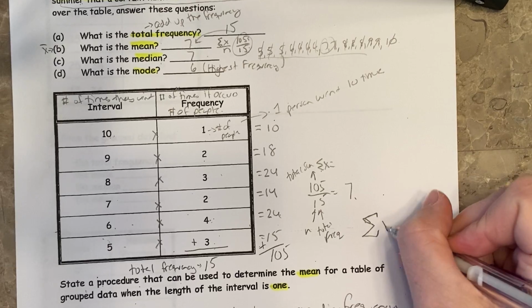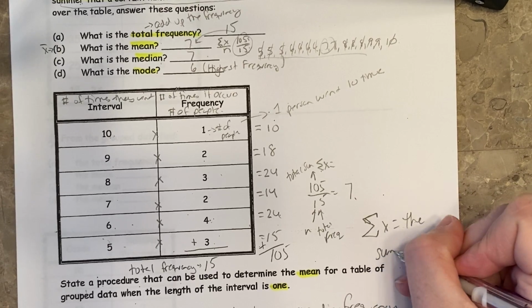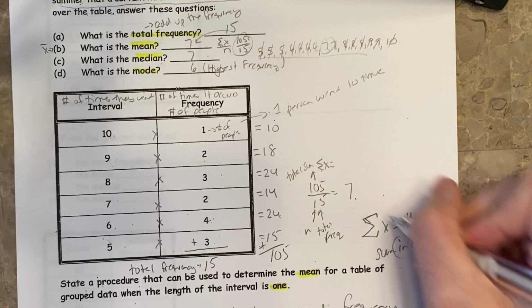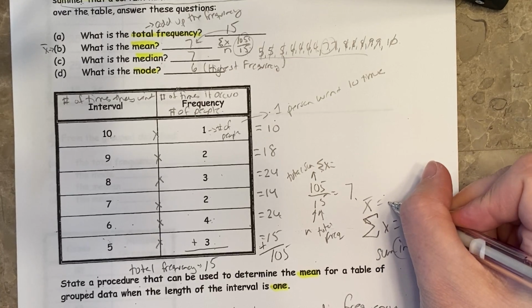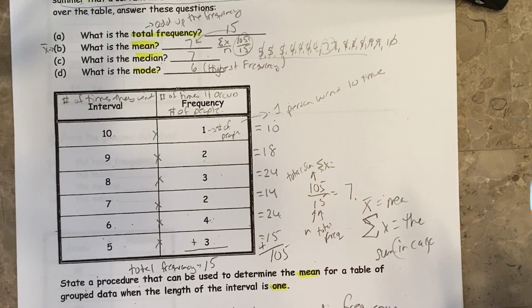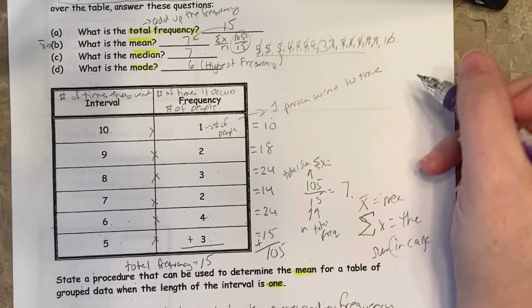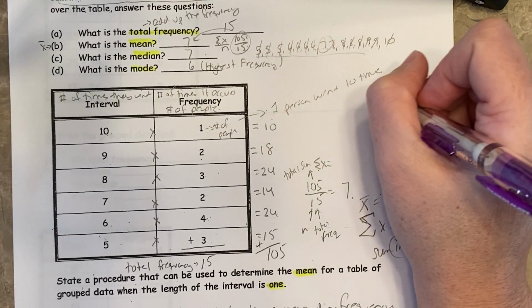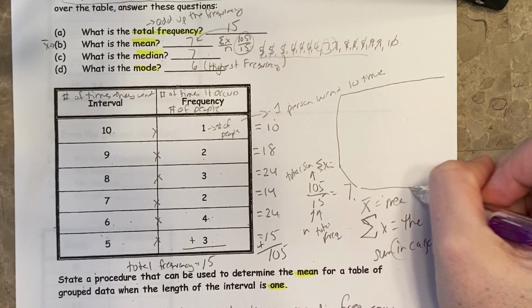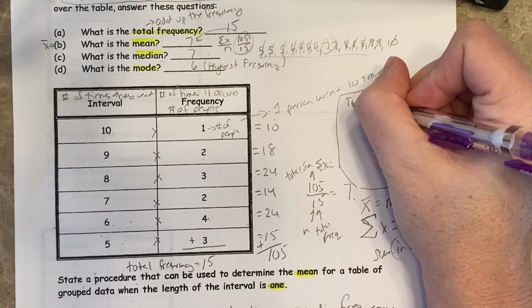Oops, sorry. That is the sum when you're looking in the calculator. That's the sum, and this is your mean. All right, so that's the shortcut for the mean. And now let's do the shortcut. It's not really a shortcut, I guess it's more of a trick. Shortcut, trick, whatever. So this is going to be the trick